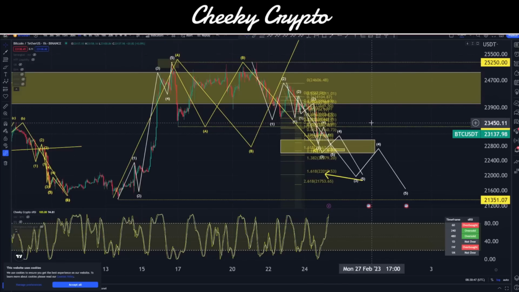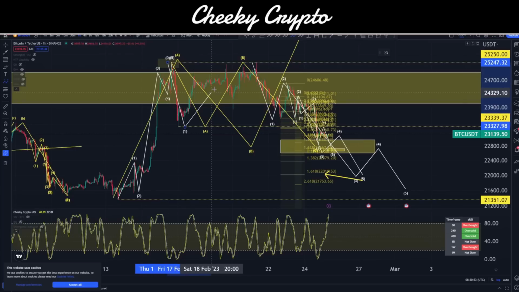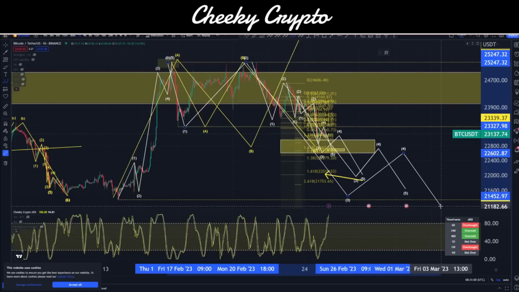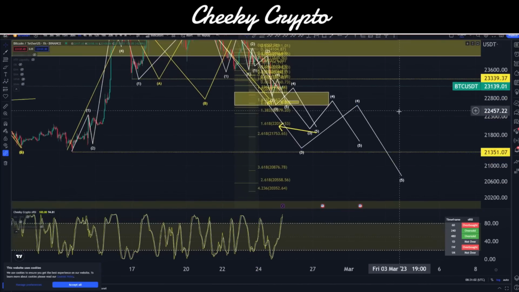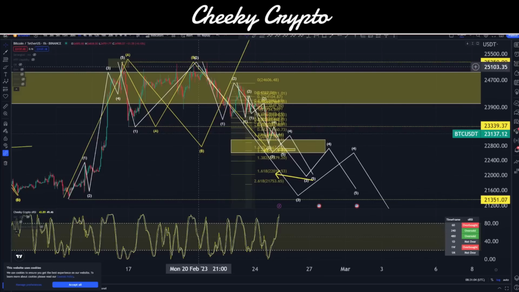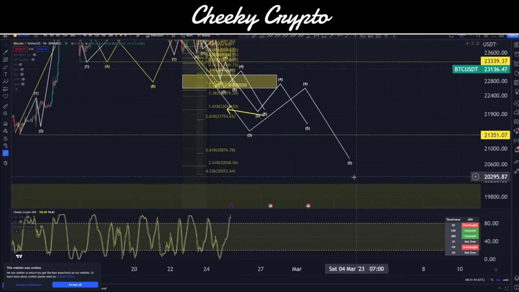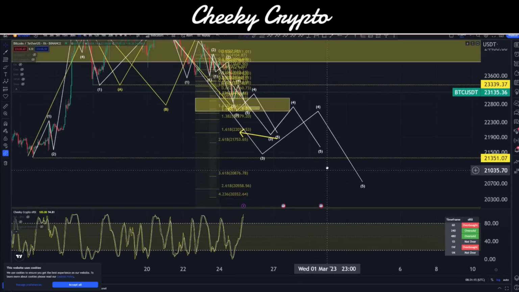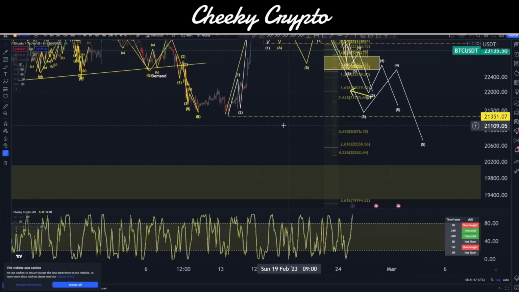Then of course you'd have to question everything else that's been happening in this sideways trade, including this move of a wave 1. This is a wave 2, which is a double top situation. And then all of that will be in our wave 3, up for a wave 4, and then down into a wave 5. And you can start to see the degrees of these structures nesting inside each other, and how the market would naturally gravitate its way to the downside. It would be a slow burn, but you'd slowly work your way into these lower ranges.